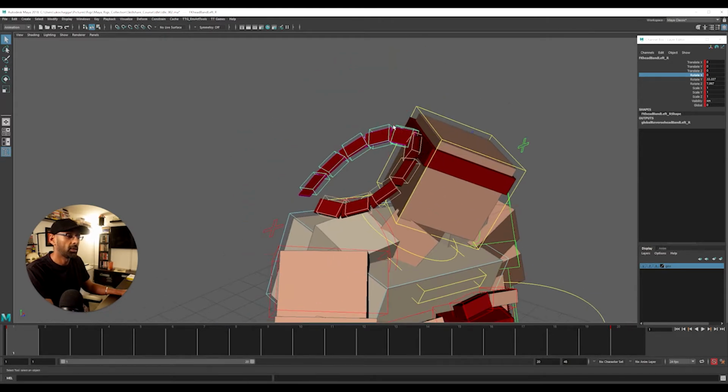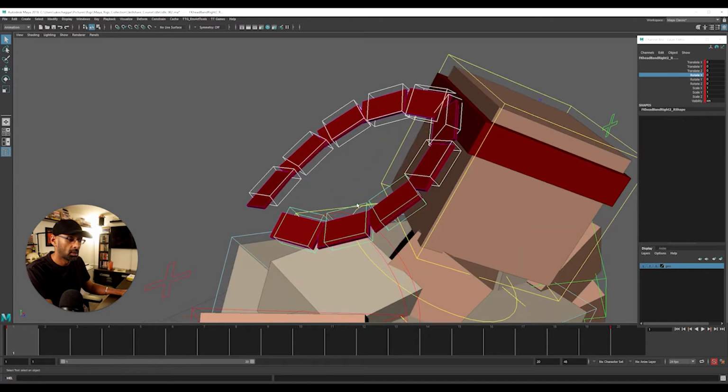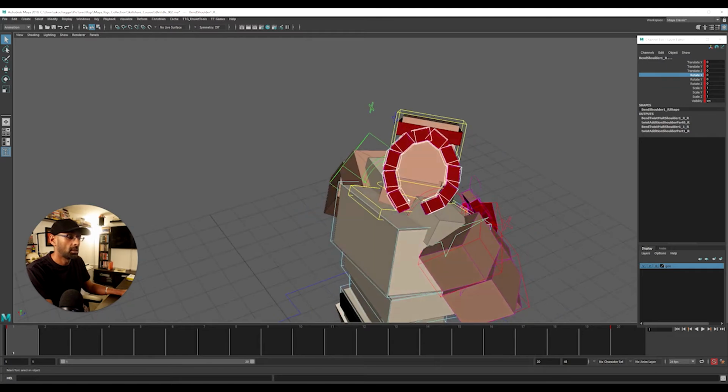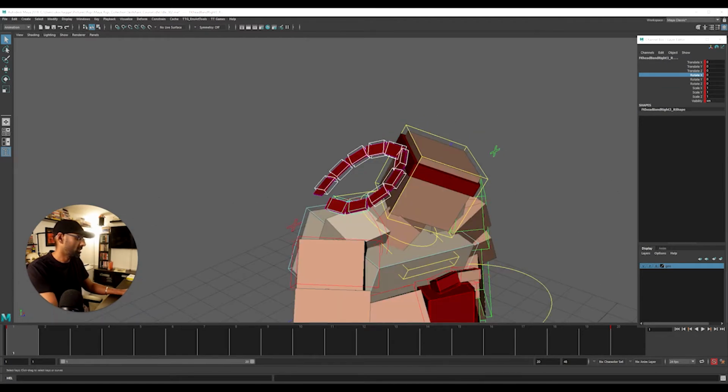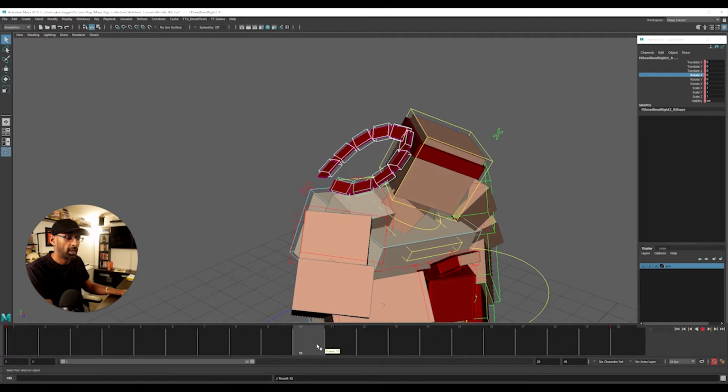What we'll do here, we'll select all these. That's it. And then the end, we'll just delete the end. Keyframe that at the end, go here in the middle, and just,